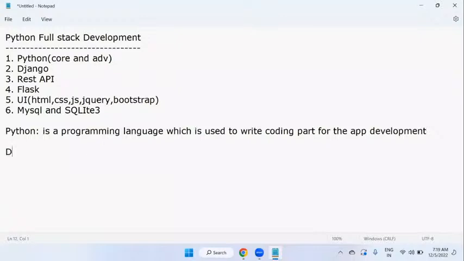Then coming to this, what is Django? As I said, Django is not a programming language. Django is a framework, okay. So what type of framework is Django? Django is a web development framework,